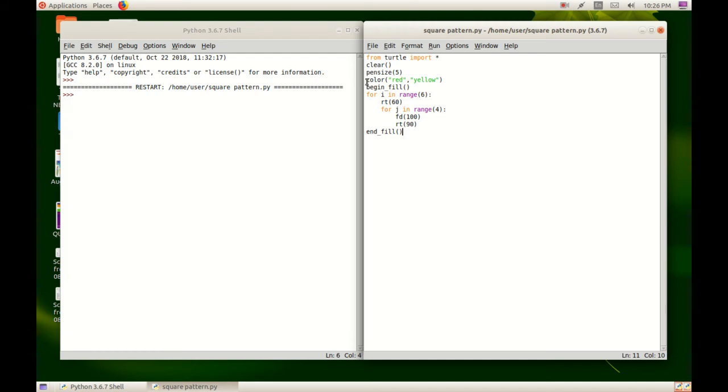See, I am going to cut this color and begin fill. Cut. After that, I am pressing the enter key. See, it is standing below this RT. Here I am going to paste. Okay.